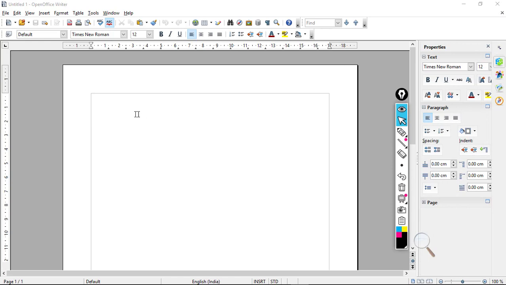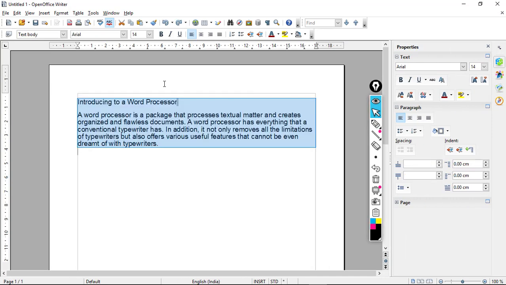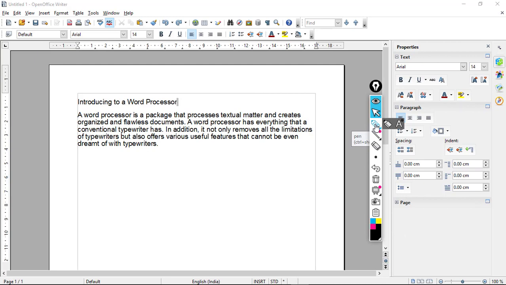So I'm keeping this toolbar over this side. Right now I will write a quick paragraph, or I'll just copy and paste it. So I'm going to pause this video for a while and then I'll type a paragraph. So here I have written this short paragraph, and I have written one heading also, but right now I haven't applied any formatting effect on this. So now I'll show you how we can work with this.